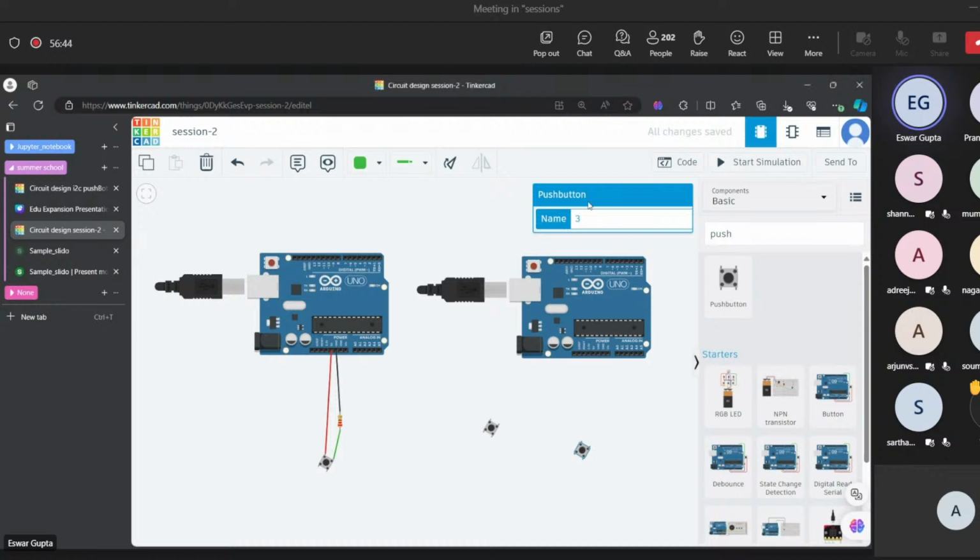So I hope everyone has come to this stage. If everyone came to this stage, just give a thumbs up. Is everyone able to? I got only one. Okay, I will wait for a few more minutes, like 1-2 minutes. Don't be late. So drag the push button and connect ground. Keep a resistor here, connect a ground and connect it to 1A pin and here to 2A pin.